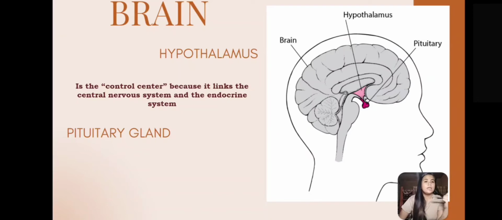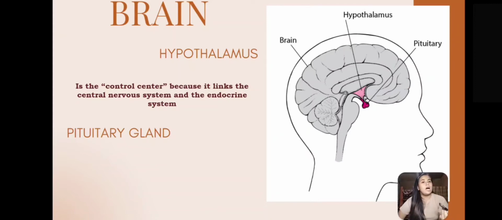So, both of these, the endocrine and nervous system, send out signals or messages throughout sa atoang lawas. But the nervous system uses electric impulses to send messages through neurons. And then our endocrine system uses hormones to send messages to target cells through the bloodstream. So take note of this. When you say nervous system, it uses neurons. And then endocrine system, it uses hormones to send out messages or signals throughout our body.